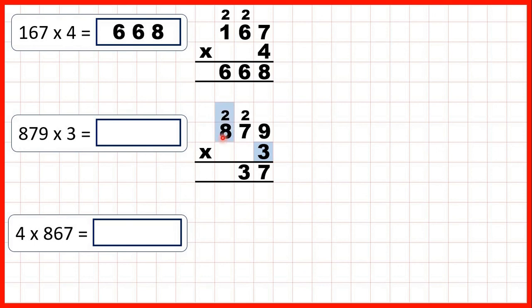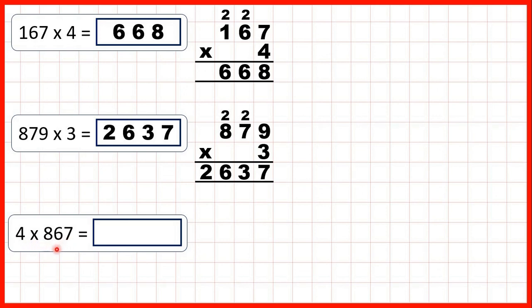And now 8 times 3 is 24, plus 2 is 26. Now this time we can just write the 26 in our answer line, even though it's a 2-digit number. And that's because we don't have any more digits to multiply. We don't have a 1,000 digit, so we can just write our 26 in our answer. So that's 2,637. Now we have 4 times